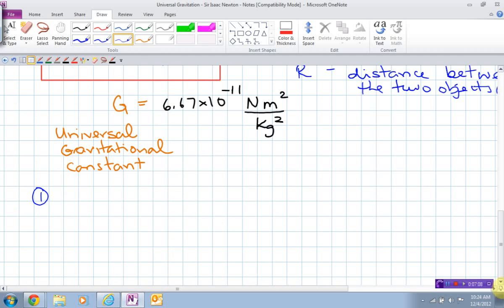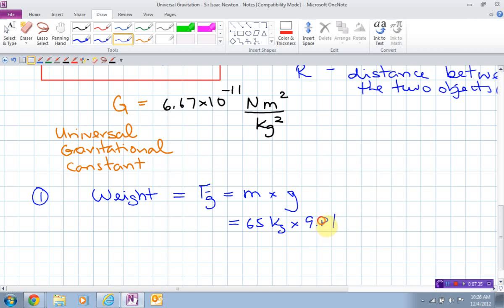For example, let's suppose I ask you to calculate the weight. Now the weight is equal to the force of gravity, and that's to be calculated by taking the mass that an object has and multiplying by the acceleration of gravity near the Earth's surface. Now remember we did this. This would be 65 kilograms. And multiply that by 9.81. Put my number in here. And if we work that out, we will get 640 newtons, which is the weight of a person on the